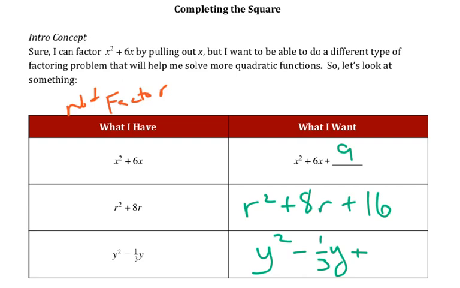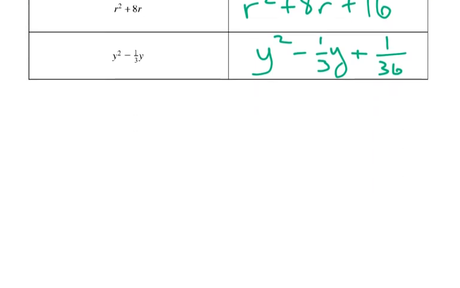If I take 1/3, but I want to take a half of that, now notice how I said a half this time, so I could multiply it by half, that would give me 1/6. But then when I squared that out, I wouldn't get that 1/9 that I was just guessing at. I'd actually have 1 over 36. And let's make a little bit of a believer out of you. That means that I want to have y minus